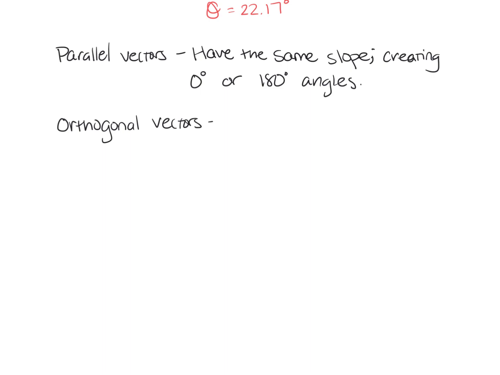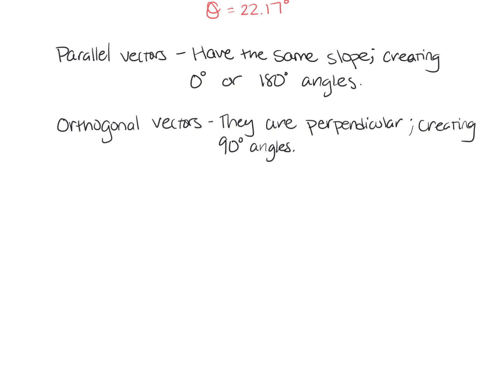Now, orthogonal is just a very fancy word for perpendicular. Because they are perpendicular, meaning that they are creating 90-degree angles. Kind of a shortcut for this is if the dot product is 0,